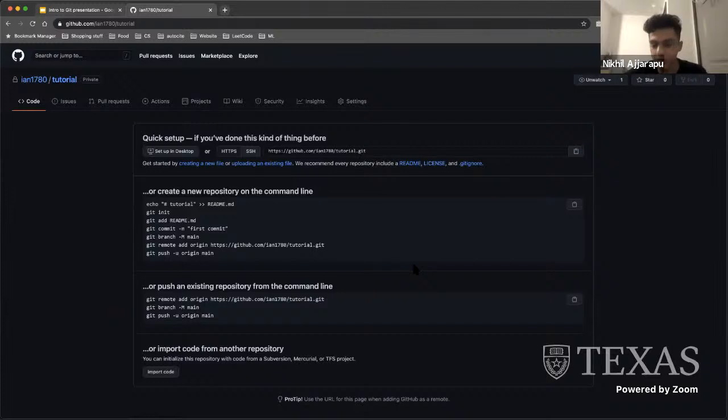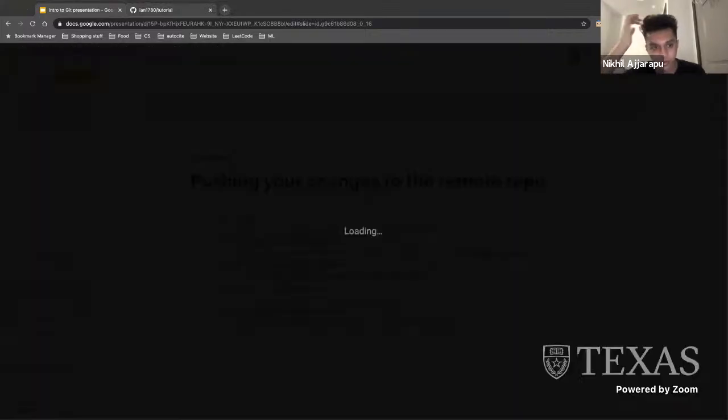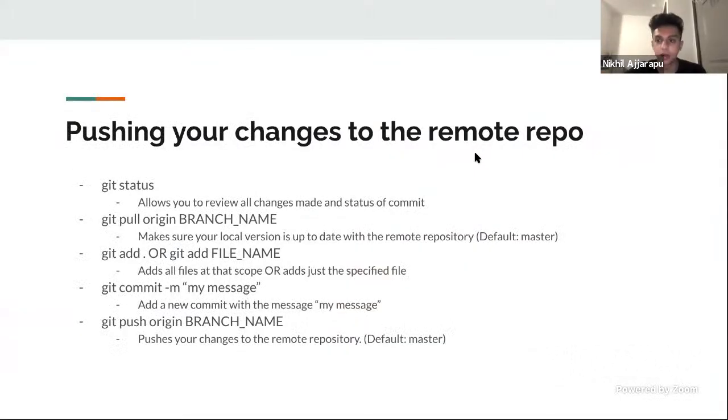But in general, if we can go back to the presentation. Here's a couple of commands you can use to work with files in GitHub. So the title of the slide is pushing your changes to the remote repo. A remote repo stands for remote repository. And whenever you're working with a repository in GitHub, you're going to always